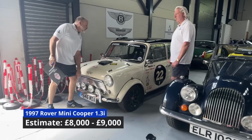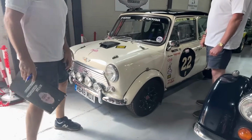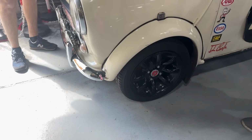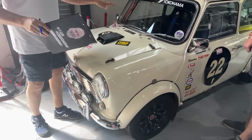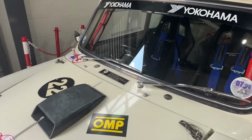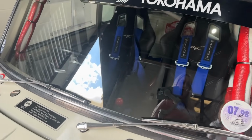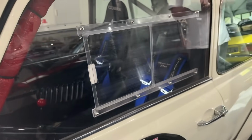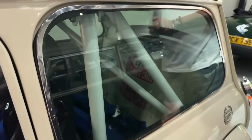Yes. This one started life as a Rover Mini Cooper, late 90s, 97, 98 on an R. Obviously, it's been tricked as well. It's had the engine played with. You've got the bucket seats inside. I think there's a roll cage in there as well. Again, substantial. You've got the sports pack alloys, which have been gloss blacked, I think, by the looks of it. We've got an MOT on this one, Jim, till April 2026, done